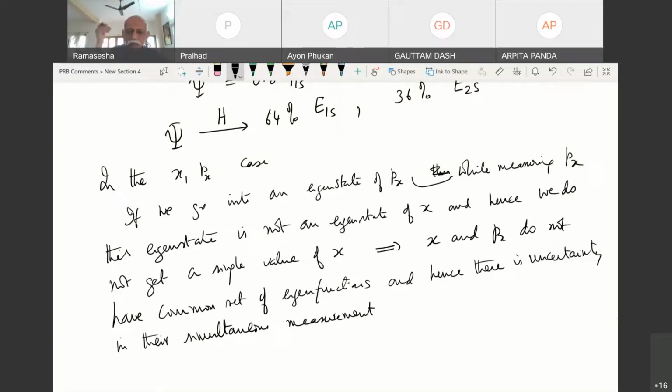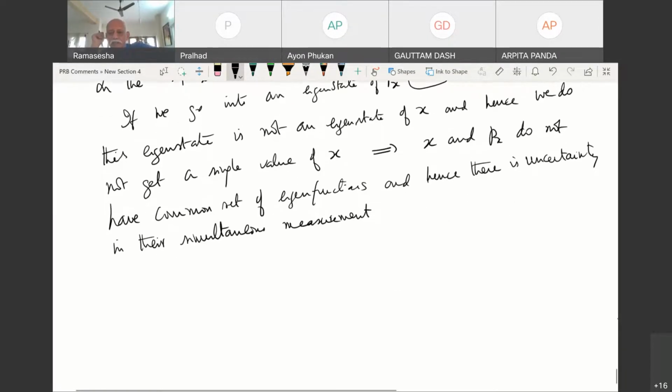Sir, could you tell something about the experimental techniques of doing these kinds of measurements? The experimental techniques are, you can use spectroscopic techniques to measure the energies. For position, of course, you can use a microscope to get the position of the particle. To get the momentum, you can use time of flight spectroscopy: how much time it takes for a particle to go from one point to the other. From that, you can get the momentum.